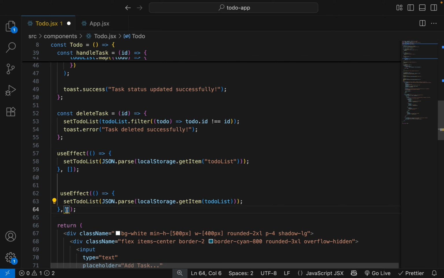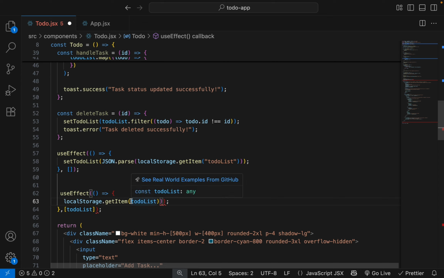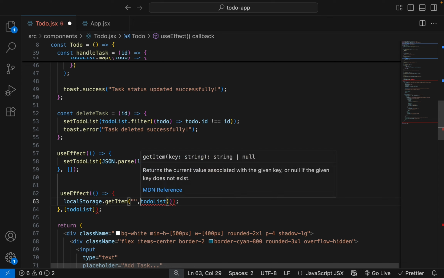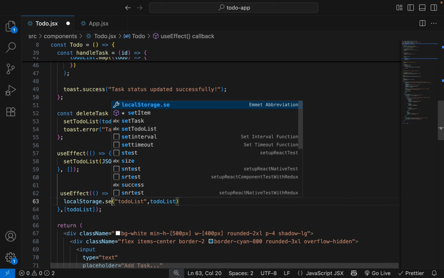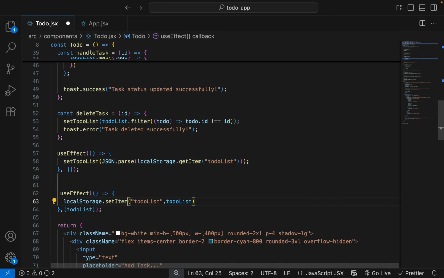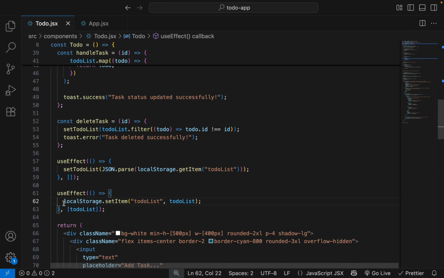Here we will pass to-do list and inside this use effect we are setting our local storage.